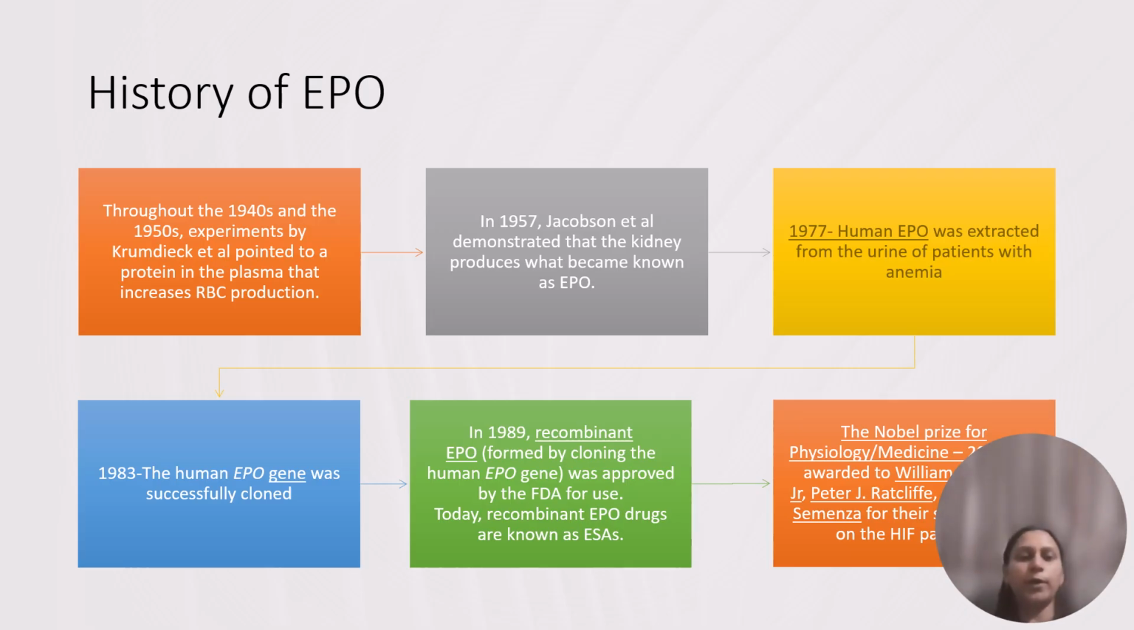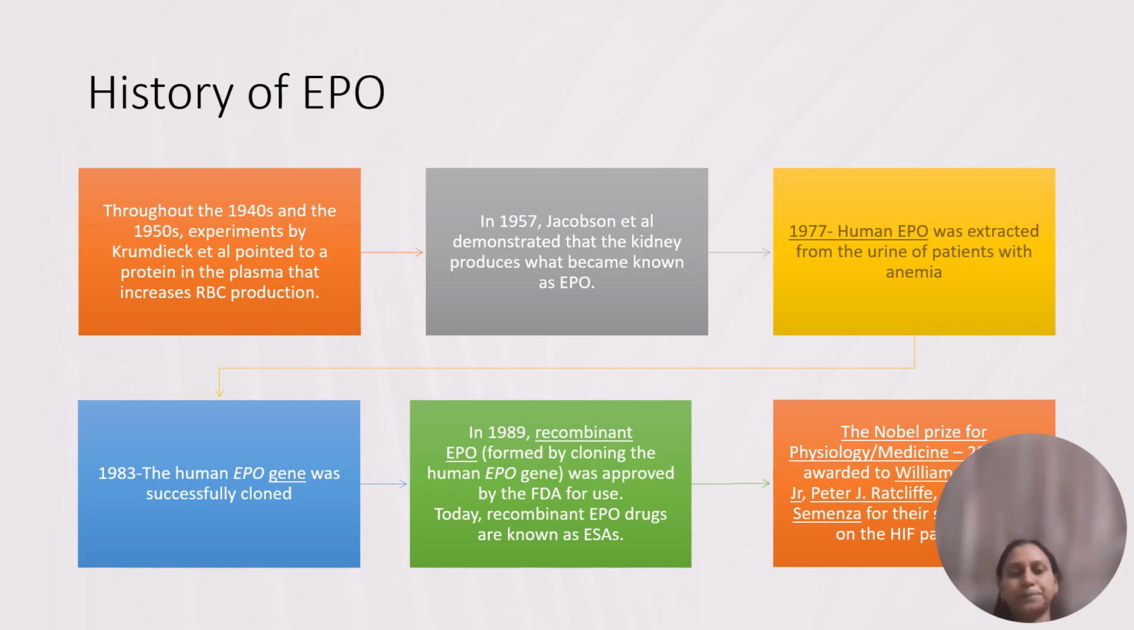Now coming to erythropoietin, the history of erythropoietin. Throughout the 1940s and 1950s, experiments by Krumdieck et al. pointed to a protein in the plasma that increased RBC production. In 1957, Jacobson et al. demonstrated that the kidney produced erythropoietin. In 1977, human erythropoietin was extracted from the urine of patients with anemia. In 1983, the human erythropoietin gene was successfully cloned. In 1989, recombinant erythropoietin was approved by the FDA for use. And in 2019, the Nobel Prize for Physiology and Medicine was awarded for their seminal discovery of the